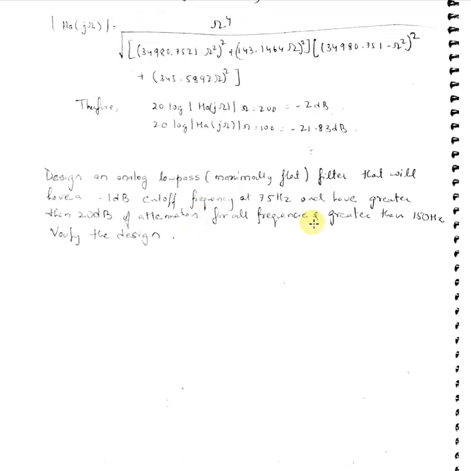Then whatever you are obtaining, calculate the transfer function, H of s, with respect to the poles that you would obtain. Then you have to calculate omega c. Once you calculate omega c, wherever you have s in the transfer function, you replace it by s by omega c, the calculated value, and that will be done. Now see, it is to design a low pass filter. So after calculating the cutoff frequency and replacing s by omega c, what do you have to convert it into? For low pass to low pass analog transformation, it is nothing but s by omega p. Our omega p is nothing but 1 here, so s by 1 is nothing but s, so there is no change to be made there.